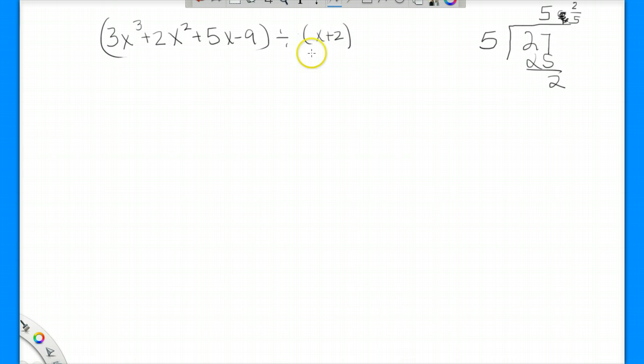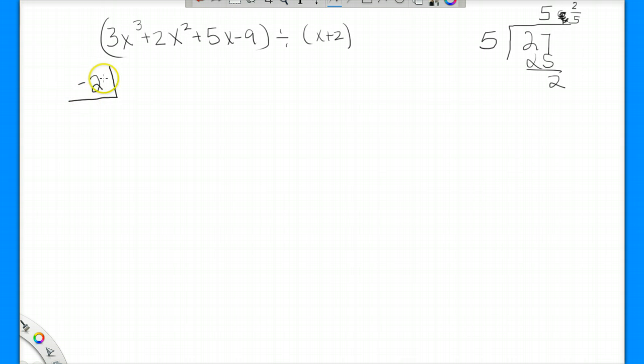Now normally the x plus 2 is what we're dividing by, so that'd be like the 5 that goes out here. We're going to do that a little bit different because this is synthetic division. It's like shortcut division, I guess. So out here, instead of writing x plus 2, we're not going to write the x. We're only going to write the 2. And a little tricky thing that helps things work later on is if we're dividing by x plus 2, we're going to put a -2 in the box. I know that seems strange, but bear with me, that's how it works. If we were dividing by x minus 2, we would put a +2 over here.